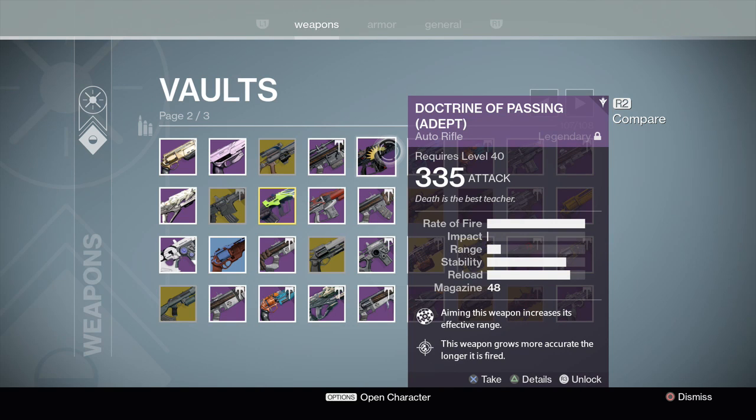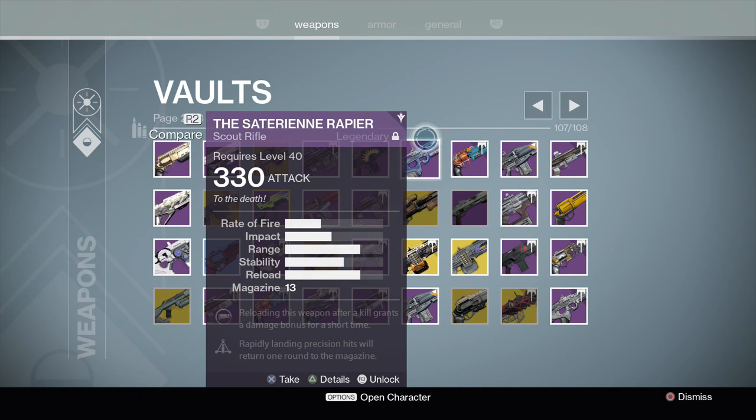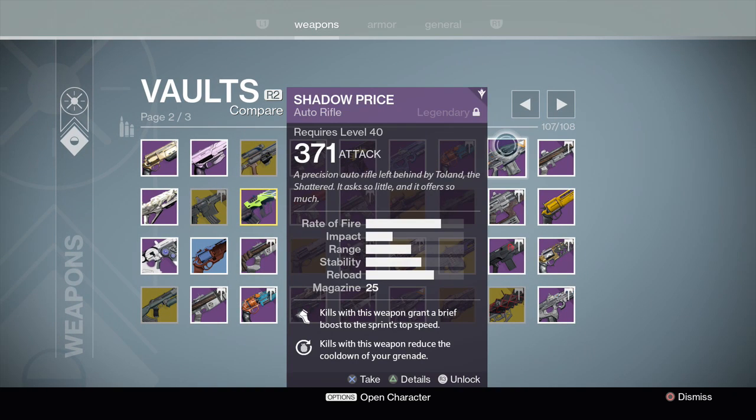Doctrine of Passing Adept. That is obviously a Taken King Trials auto rifle. I mean, you guys can just see, to be honest. We have Saturn Rapier. More palindromes. We have a few, actually. We have the Shadow Price, which was...